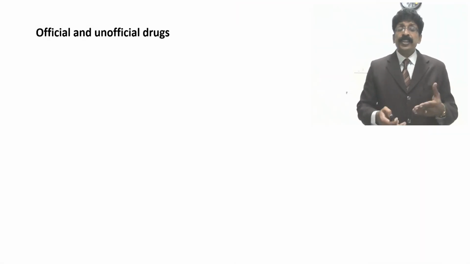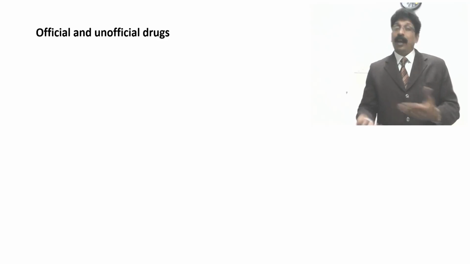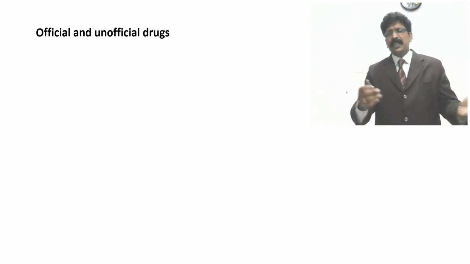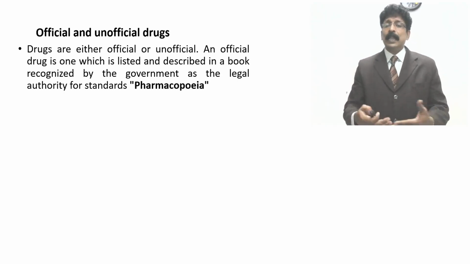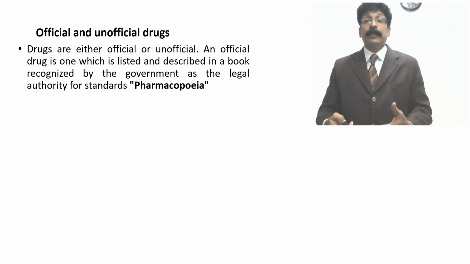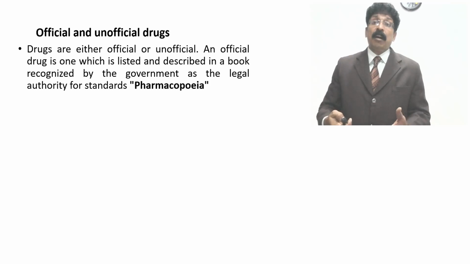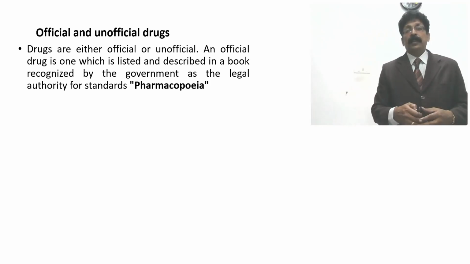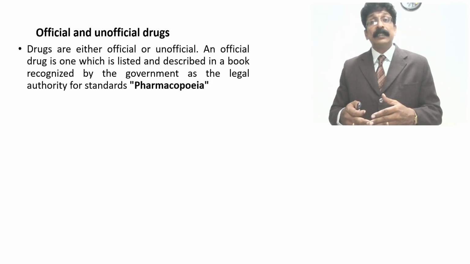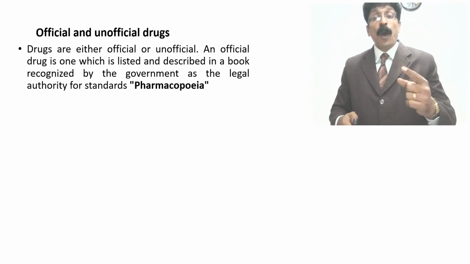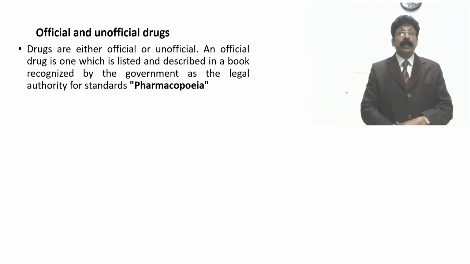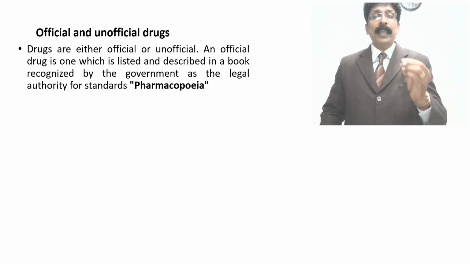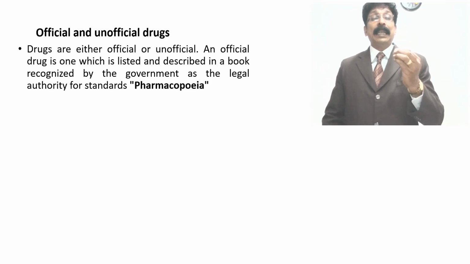Official and unofficial drugs. Official drugs means official; unofficial means which does not come under the pharmacopoeia, or is not listed in the pharmacopoeia, the authorized books. So drugs are either official or unofficial. An official drug is one which is listed and described in a book recognized by the government as the legal authority of standards,